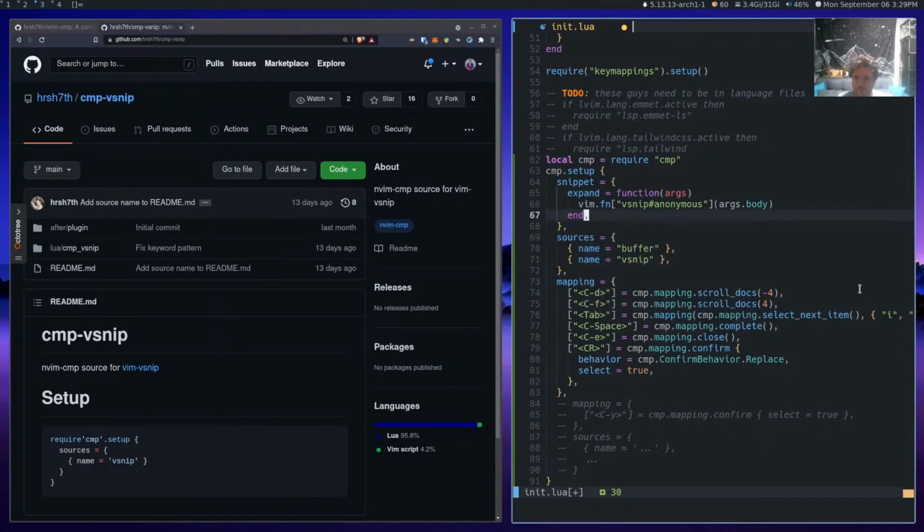Let's see if these work. All right, that works at least. All right, so if we're in insert mode and we do control space, and then if we do control E, that creates it and gets rid of it. We know that the confirm thing works. We know that if we start typing, tab works. Now, obviously, shift tab shouldn't work.